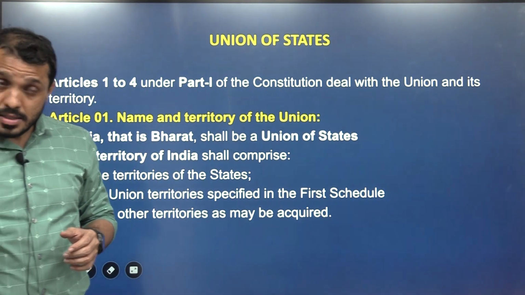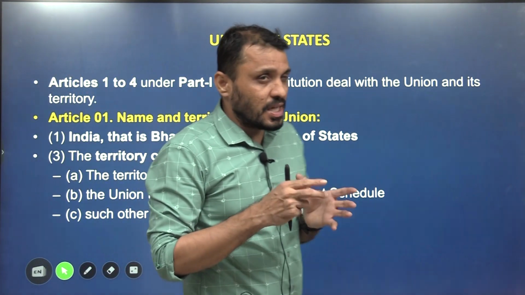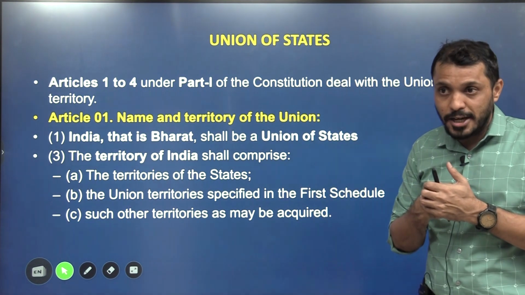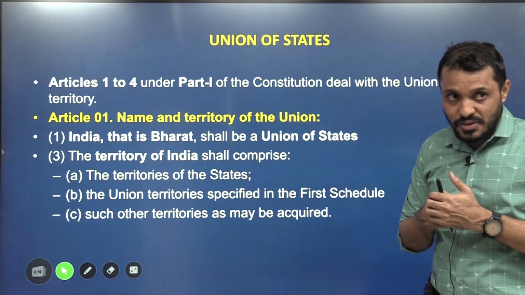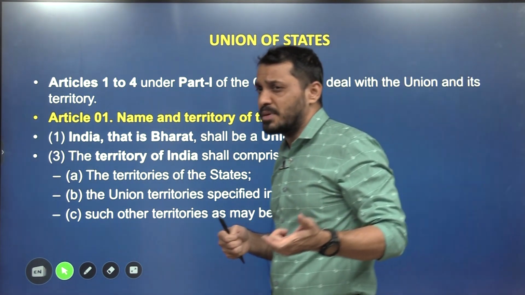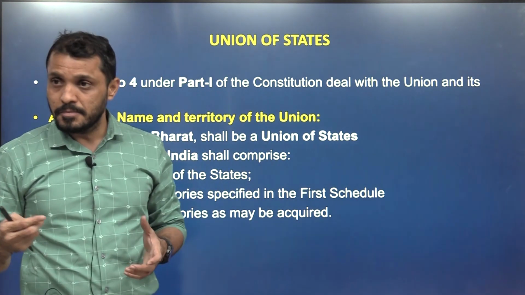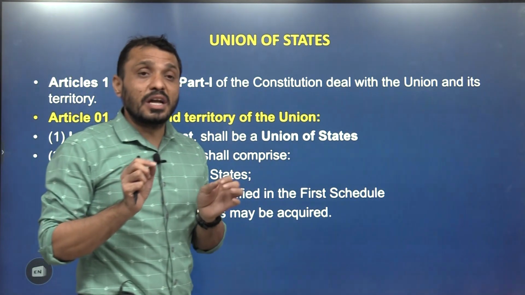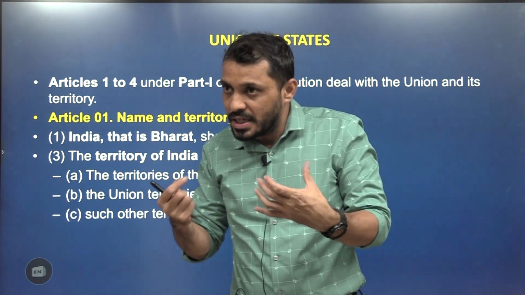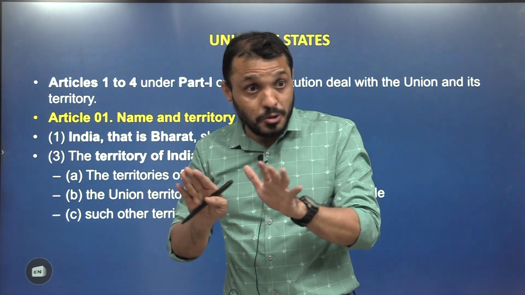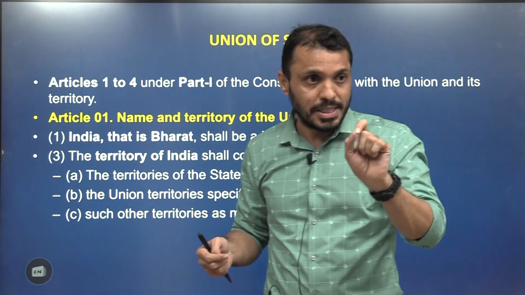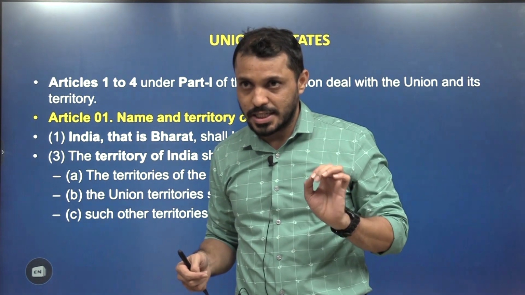That is, whether India is federal or unitary. The second is the relationship between the Union of States as well as the territory of India. What is the difference between the Union of States and the territory of India? Can anyone tell me? Very good. Union of India reflects only the relationship between the central government and state governments. It doesn't include the UTs, Union territories. But if you use the words territory of India, it includes the UTs also. That fine difference you have to understand.